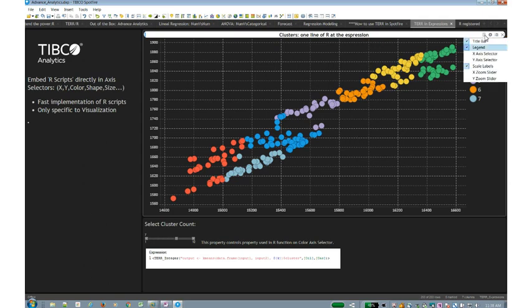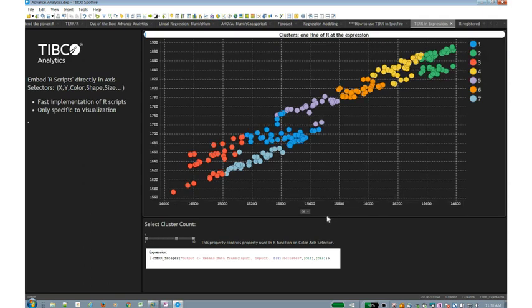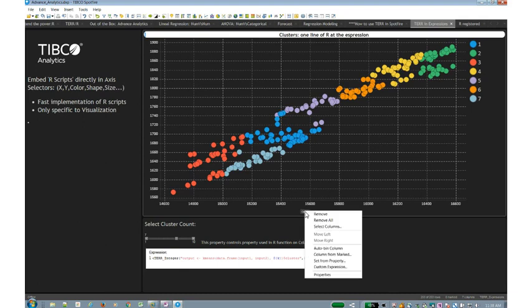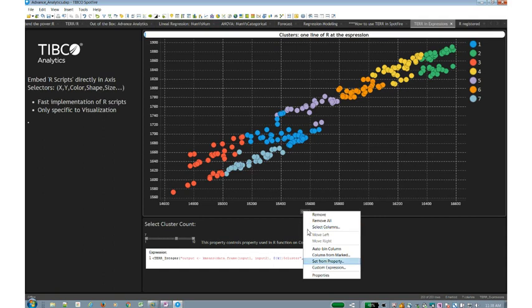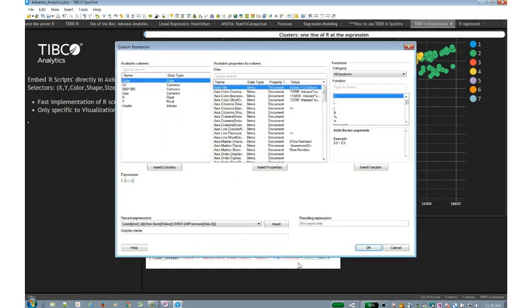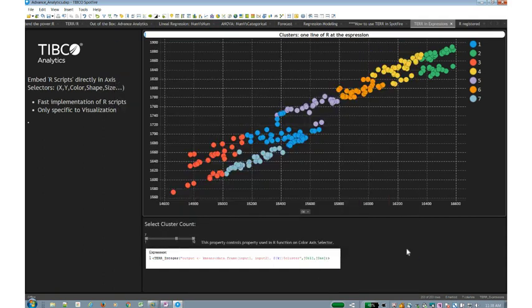selections on the x-axis and the y-axis. You can control what these functions do. So, for example, if I wanted to tweak and change the colors, I can come in here and change my axis selectors and create a custom expression and type in a formula. Well, you can come in here and actually type in a formula that is R. So for those folks that are familiar with R, you can actually type in R code right into any of these axis selectors. So down here, there's an example of using a k-means cluster.